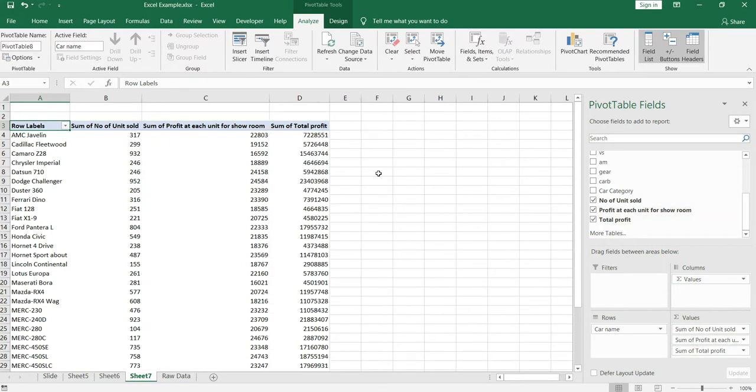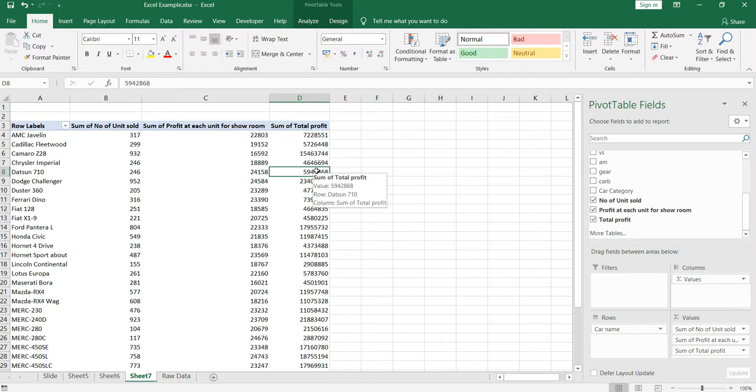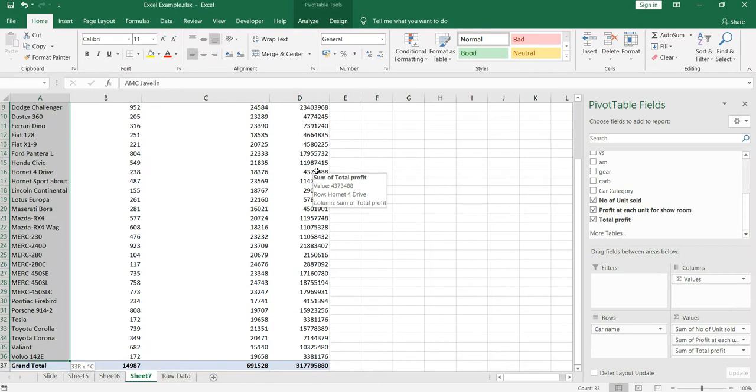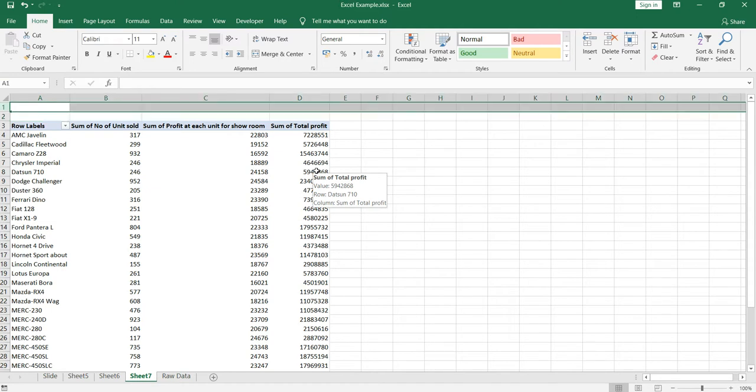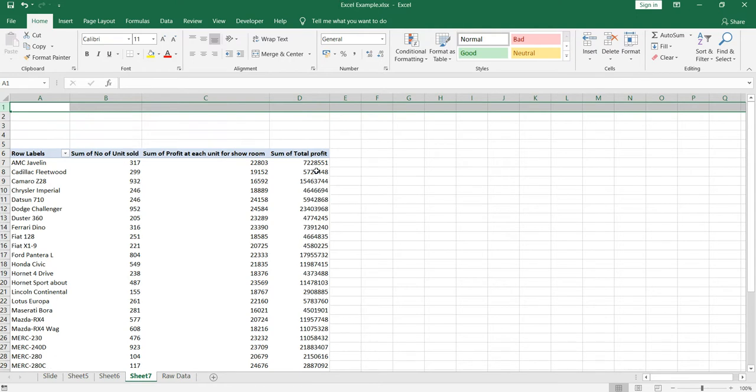Okay, now currently we have a lot of data here, although it's only till row number 33, but we have a lot of rows here. So what we can do is use slicers in the pivot table to give flexibility to the user so that he can select multiple categories.